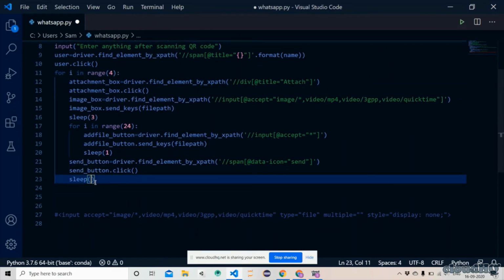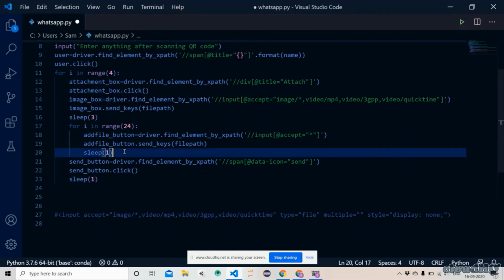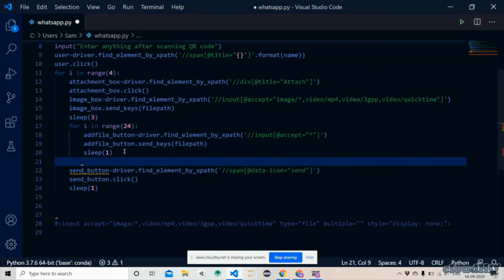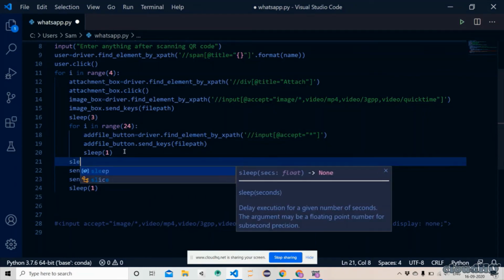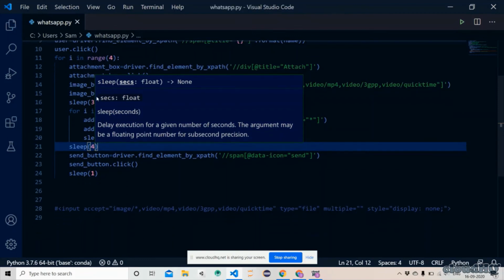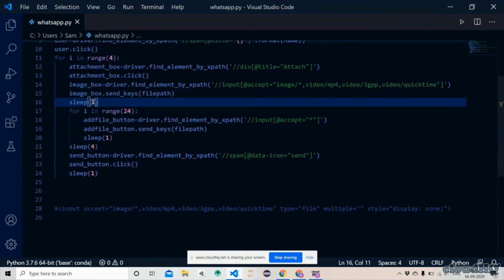I would change this time to 4 seconds, suppose it was 1 second, and I will set the sleep here for 4 seconds, and here 3 is not necessary, I will leave it at 1.